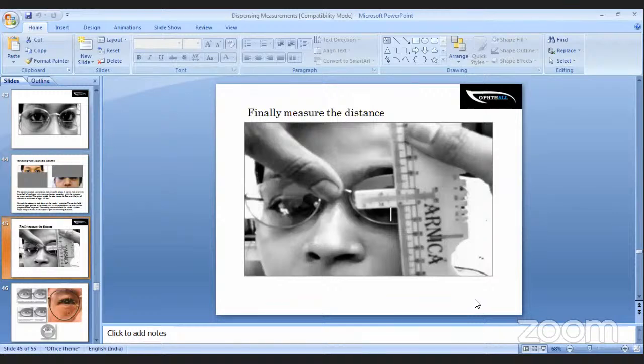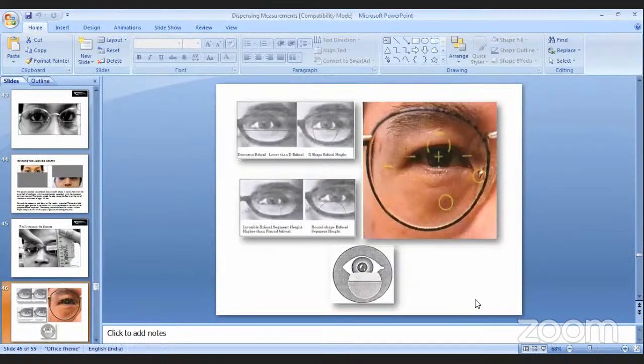Once the line has been marked, you can measure the distance between the top of the line and the extreme bottom of the lower ring, which gives you the distance in millimeters. Now, for different types of segment, you need to consider some important criteria. For example, if you are dispensing an executive bifocal as shown in the extreme top left picture, where